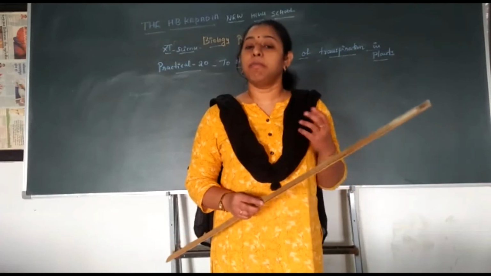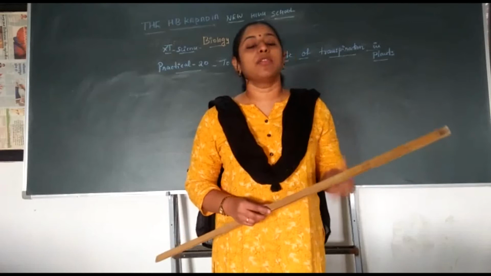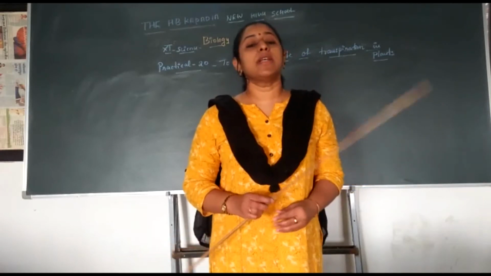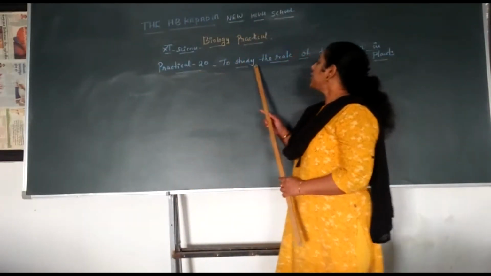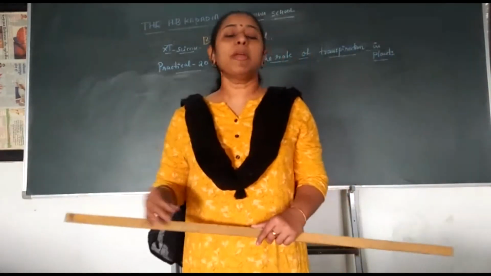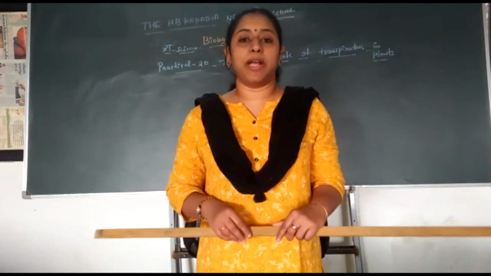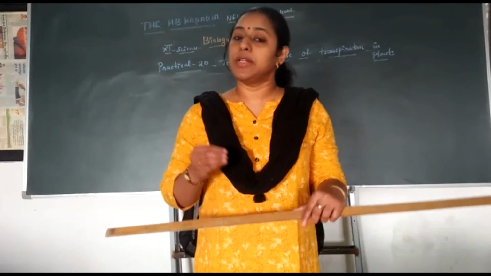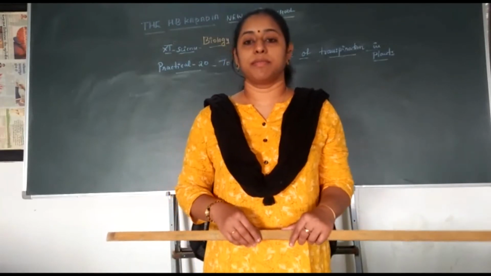You know that in plants, the leaves are the most important aerial organ through which transpiration takes place. So students, now I am starting practical number 20 to study the rate of transpiration. Normally, the transpiration experiment is performed on a live plant. But as we are in the lab, I am going to show you the experiment on a particular leaf. Okay?